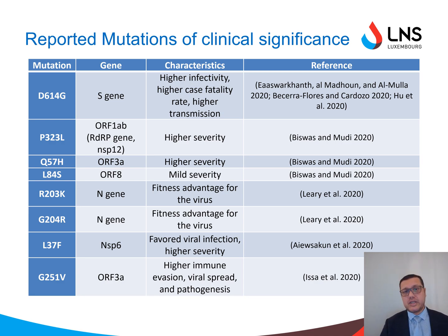We wanted to issue a kind of a medical report and give the whole genome sequencing data a clinical relevance over here, rather than its only application from the epidemiology point of view. So we had performed an extensive literature review to find the reported mutations of clinical significance. We identified 8 mutations that were reported recently that confer either higher infectivity, higher severity of the disease, or even